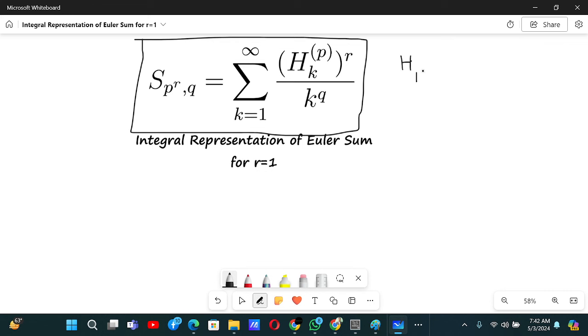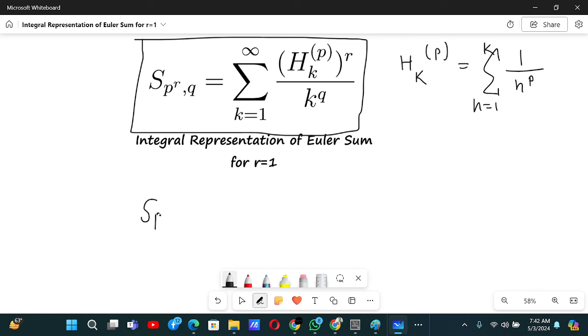and given the order p, we write H_k^{(p)} as the following sum from n equals 1 to k of 1 by n to the power p. It's quite easy to understand all this. Now let us try to find the integral representation for a special case when r is 1,